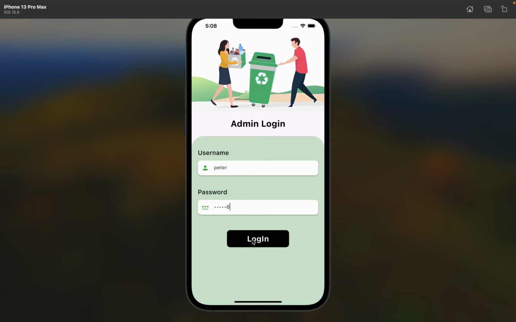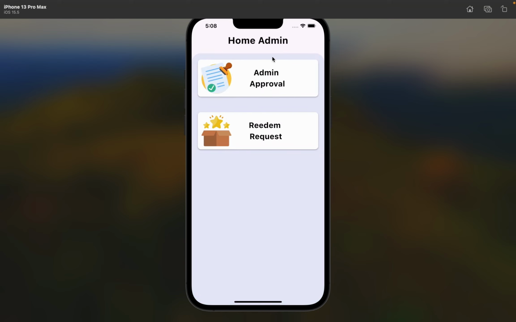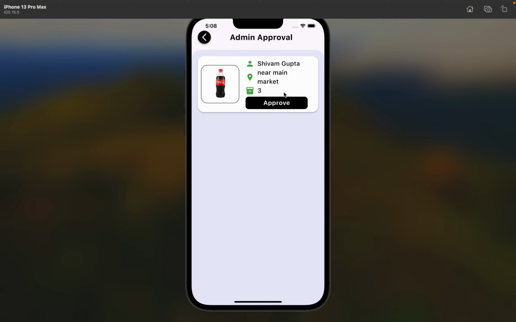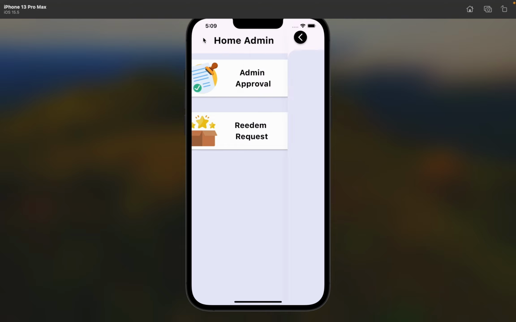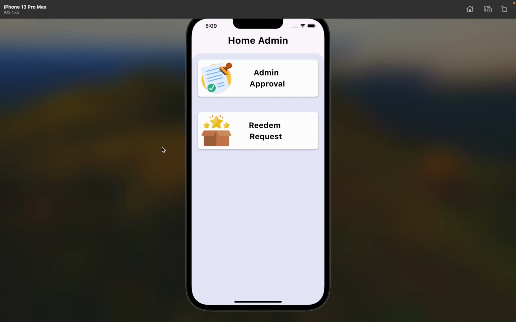So now we'll click this login button, and here we land on the admin home page, from where the admin can give the approval for the items that the user wants to dispose. And the second thing is the redeem request. If the user requests to redeem any points, the request will be shown over here. Now let's give the approval for this one. I'll click the approve button, and you can see that we have given the approval for the item. So let's move to the user side